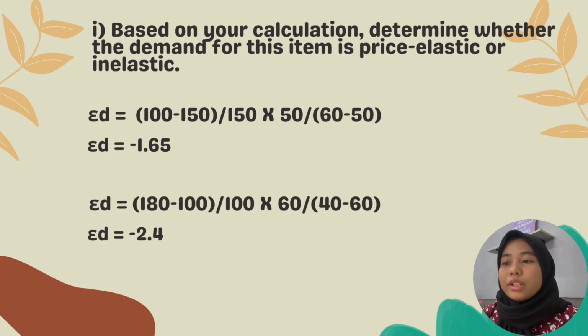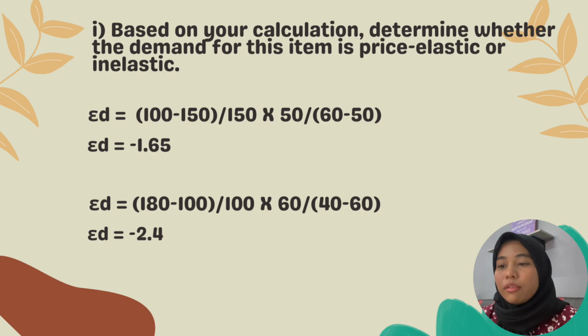The first calculation is (100 minus 150) divided by 150, times 50 divided by (60 minus 50), and the answer is negative 1.65. The next calculation is (118 minus 100) divided by 100, times 60 divided by (40 minus 60), and the